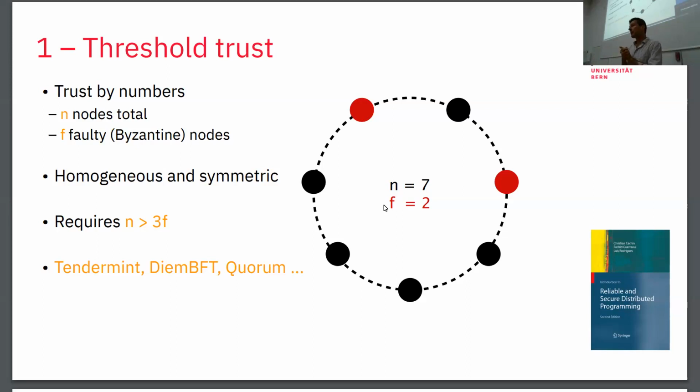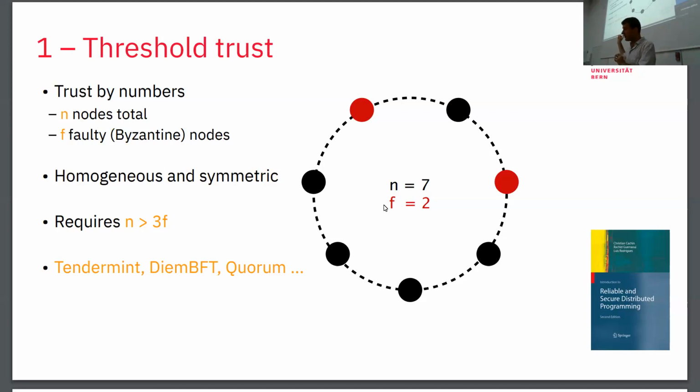In the blockchain world, this has not been the most prominent model in the past, but there are some notable chains that have started to build on this. For example, the Tendermint software library that is used in the Cosmos ecosystem is the most prominent code base that uses this type of decision model. So the nodes make progress by voting, and they can tolerate a minority, but not more.